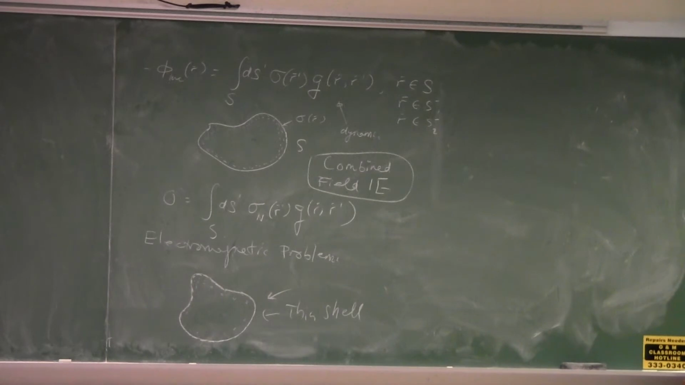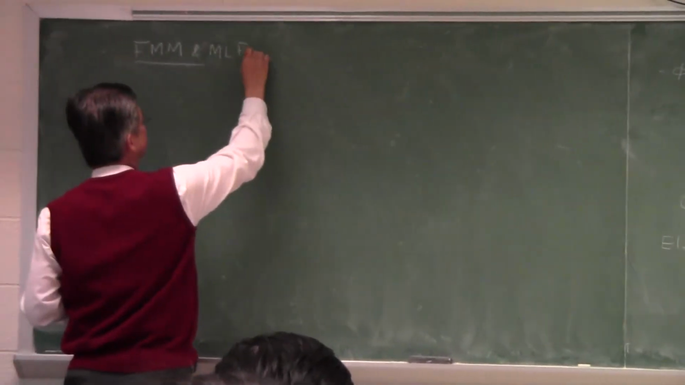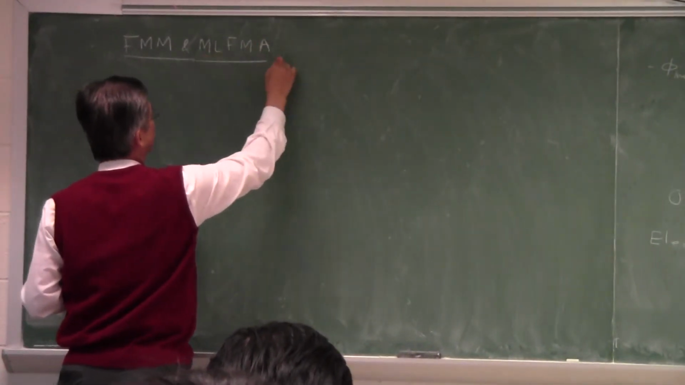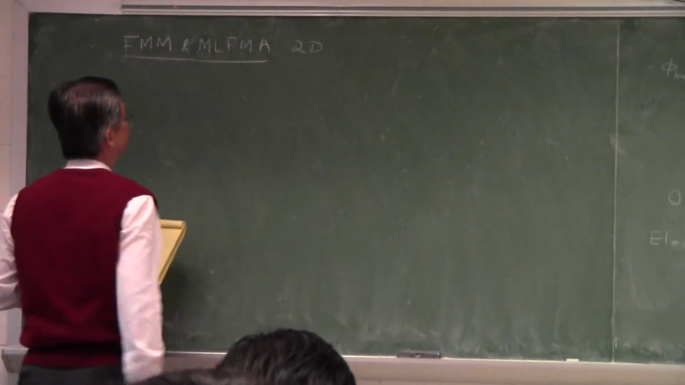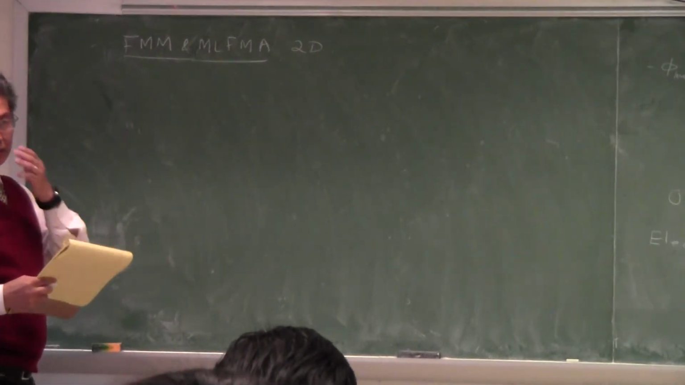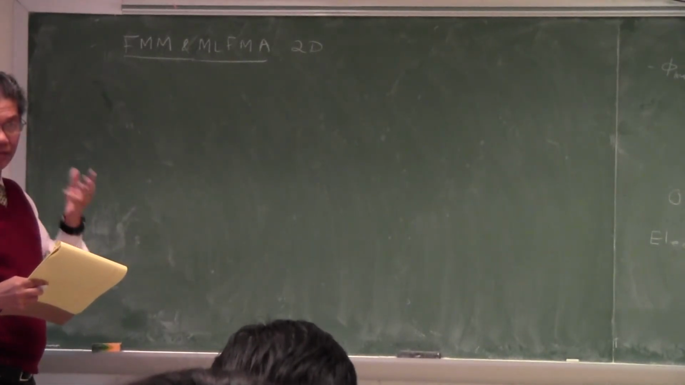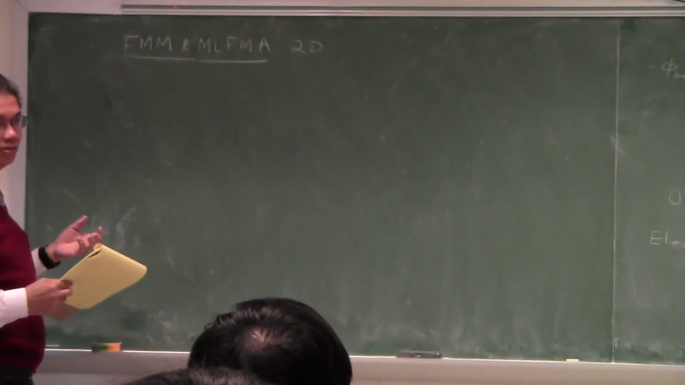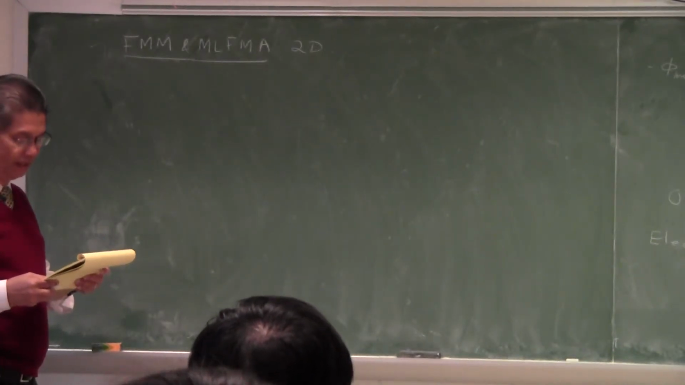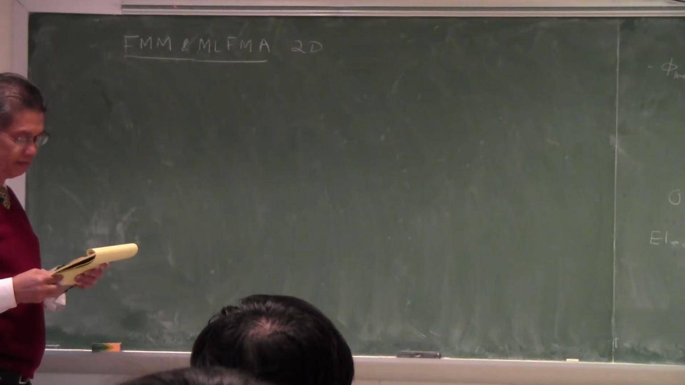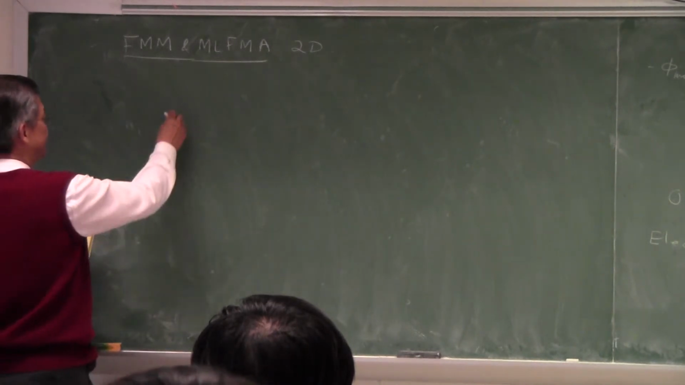So I'd like to start talking about the fast multipole method and also the multi-level fast multipole algorithm. I'd like to illustrate this in 2D because the ideas in 2D are essentially similar to the ideas in 3D. Once you understand the ideas in 2D, you can extend them quite easily to a 3D problem. So we can consider a 2D scattering problem